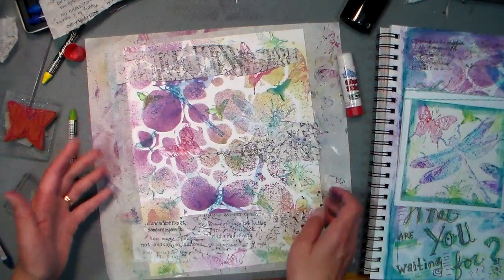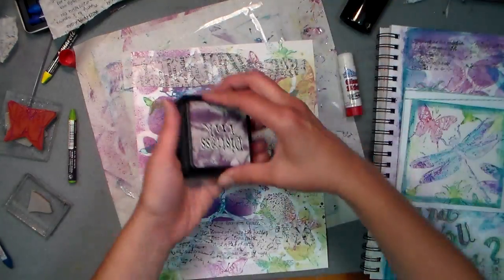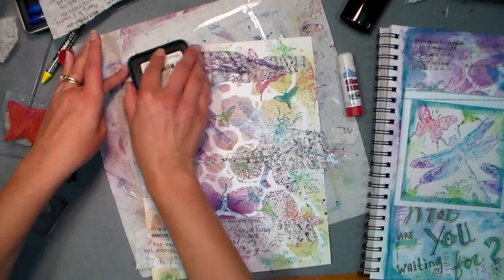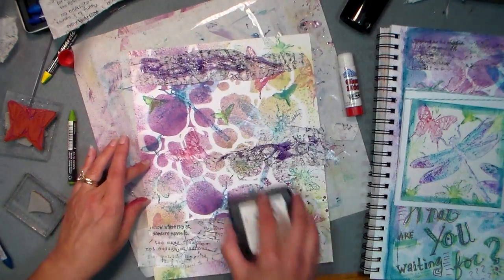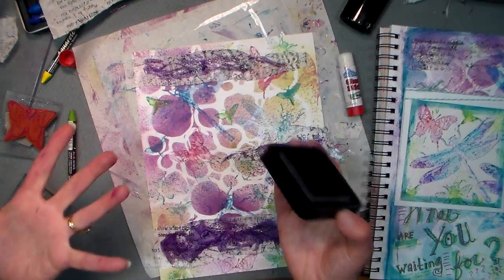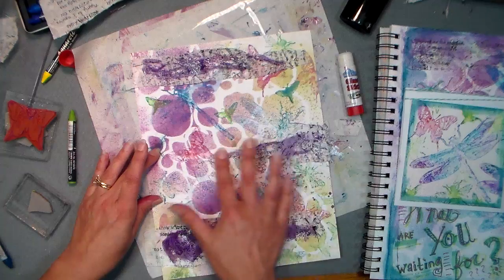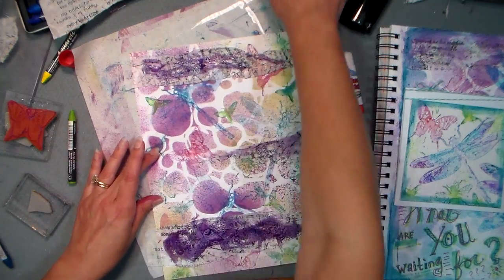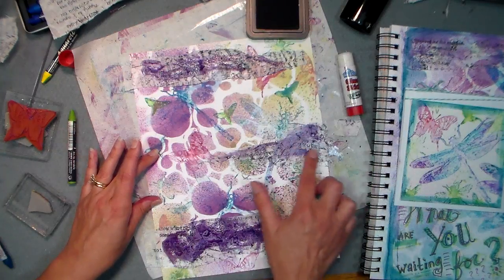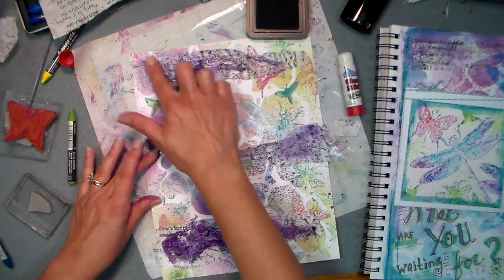All right, so now we've got our little collage there, and what I'm going to do is just get a little bit of that on there. You could use your watercolor crayons, but the distress ink is really juicy, so I know I can put some of that on there, and it's going to stay wet long enough that I can go in there and finger paint it around a little bit. Again, kind of obscuring what I'm totally finger painting. Look at that. Obscuring some of these quotes, because actually some of them are a little